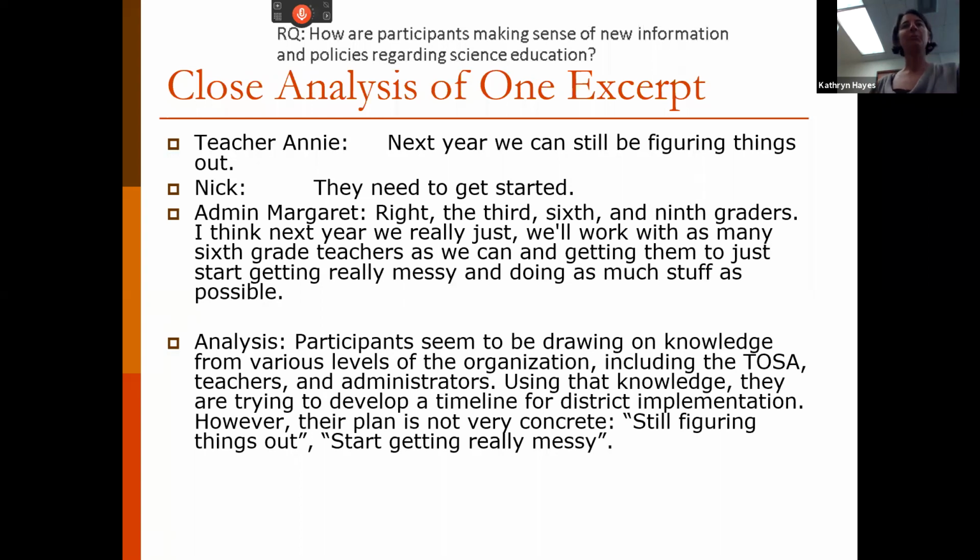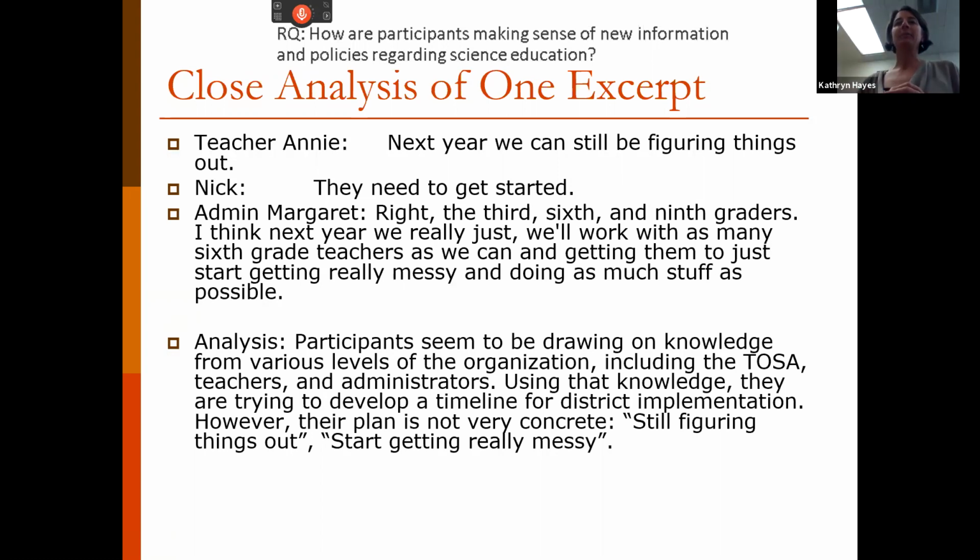Because teacher Annie brings something in, the facilitator brings something in, that's Nick, and then the admin brings something in. Using that knowledge, they're trying to develop a timeline for district implementation. However, their plan is not very concrete. And then I even put some quotes from the excerpt, still figuring things out, start getting really messy, right? So this was a deep analysis of one excerpt.